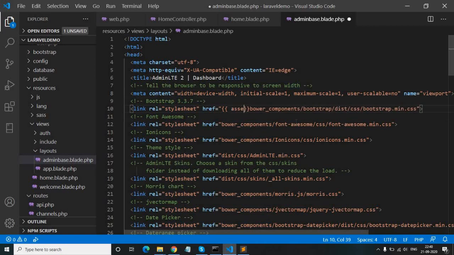So here we will use the asset function. We will manage all URLs. Here you have to write backend also because we have put all the files inside the backend folder.